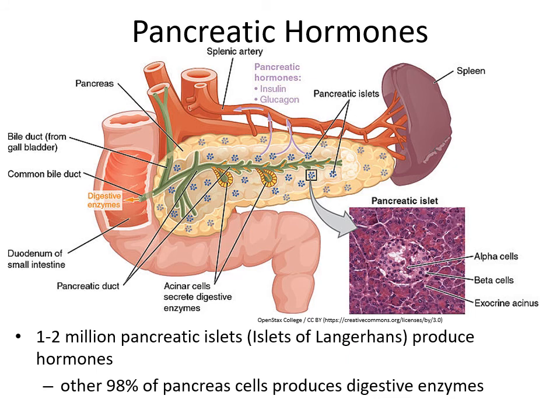Now let's talk about the pancreas. The pancreas is a very important organ that's not only involved in endocrine function, but also exocrine. It's also an exocrine gland because it's producing digestive enzymes that are secreted into the alimentary canal. So it has 1 to 2 million pancreatic islet cells that produce hormones, that's endocrine function. And then 98% of the cells of the pancreas are producing digestive enzymes as an exocrine function.